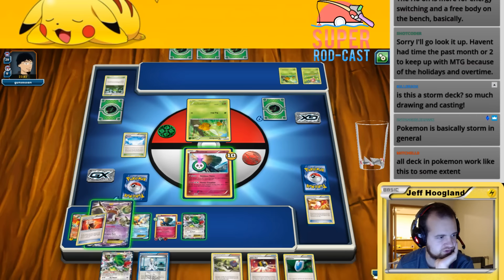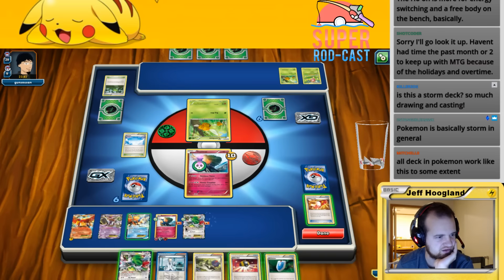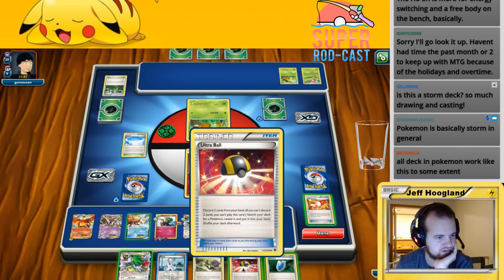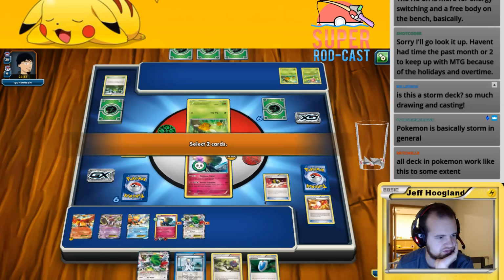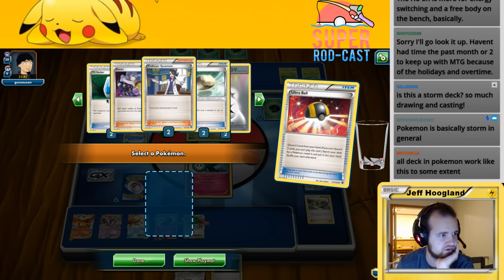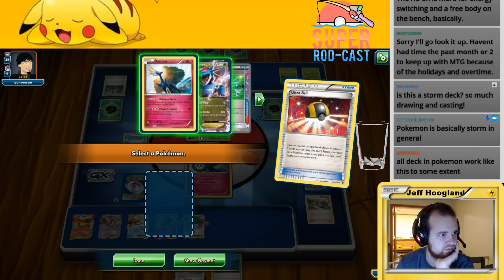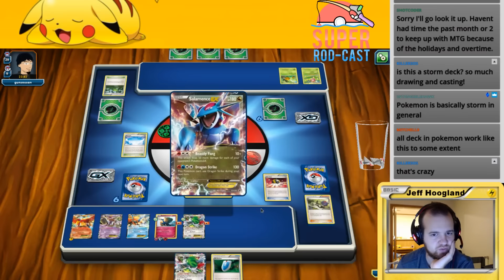So let's go ahead and put the Fighting Fury Belt out here on Shaymin for now, because that can come back to my hand. And then I can Ultra Ball, discarding these 2. And let's make sure there's Float Stones in my deck still. Yeah, there's 2 Float Stones in my deck and 21 cards. So I'm going to go ahead and grab the Salamence here. And then we'll go ahead and...